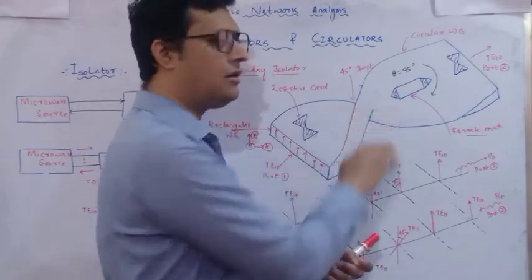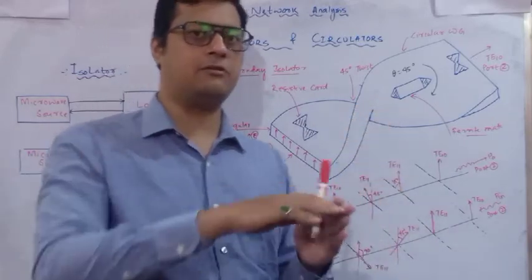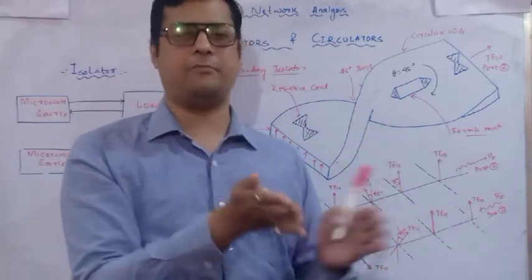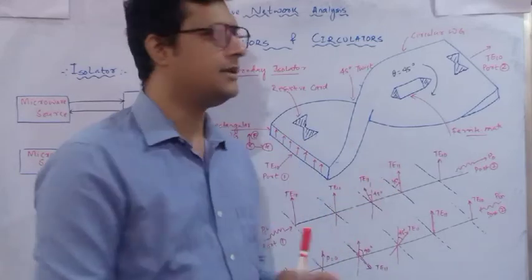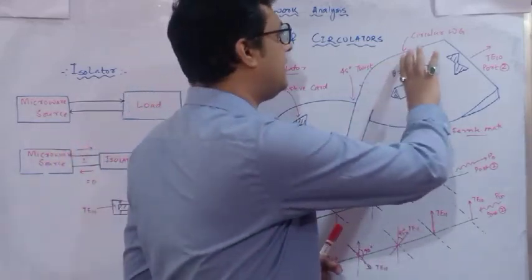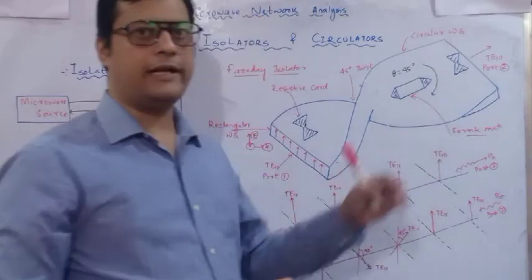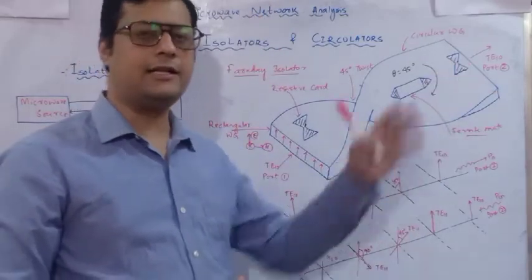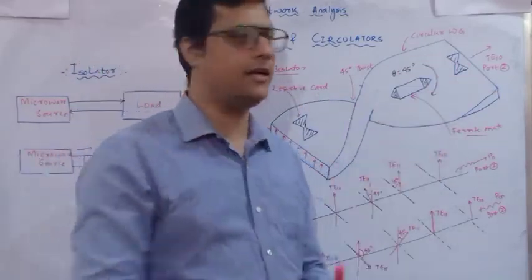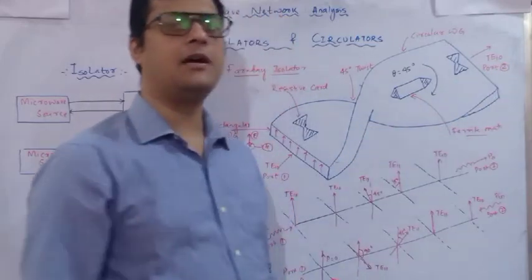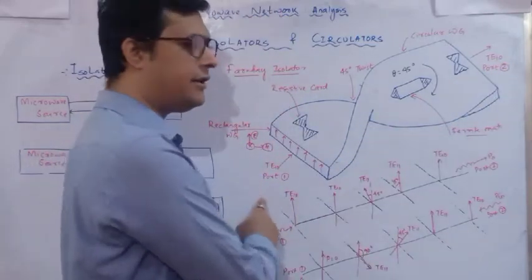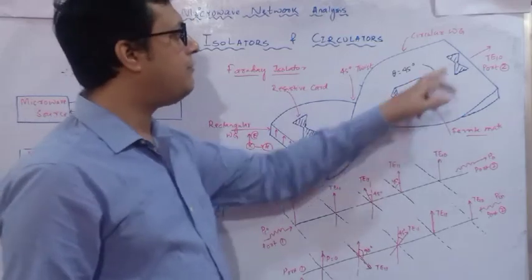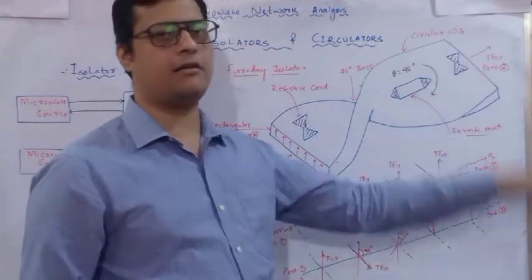So this happens only with respect to the change in the direction of the electric field. The magnetic field remains as it is. Now this cylindrical waveguide output is fed to this resistive part. In this resistive part, a potential drop will be there and we can extract the same output that we are providing at the port 1. So at port 1 you can see there is one rectangular waveguide.